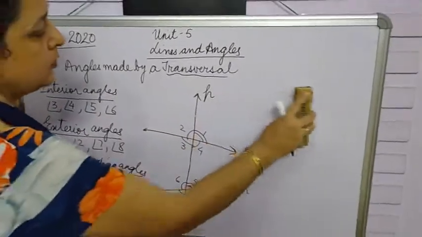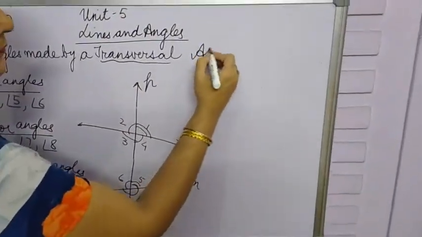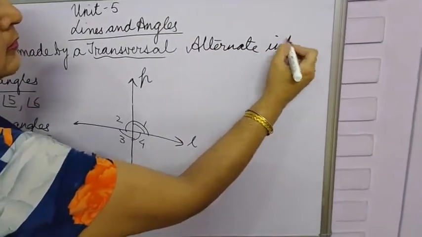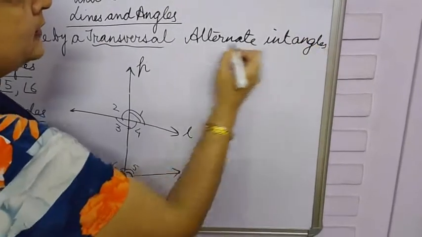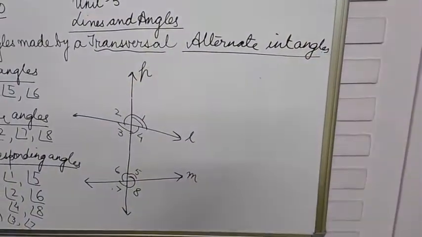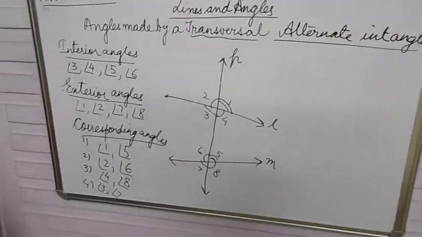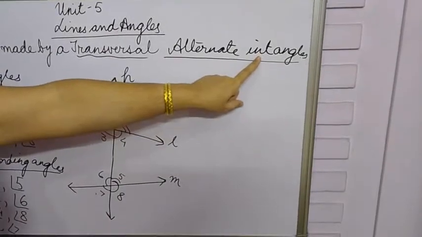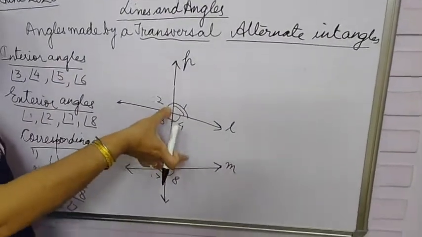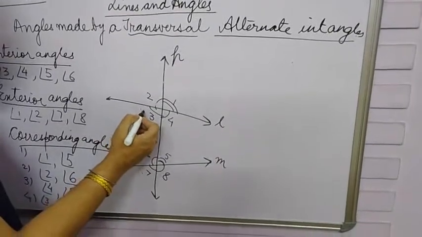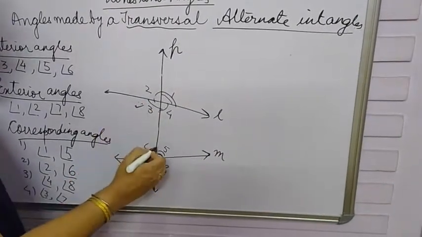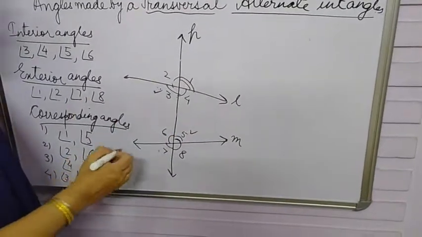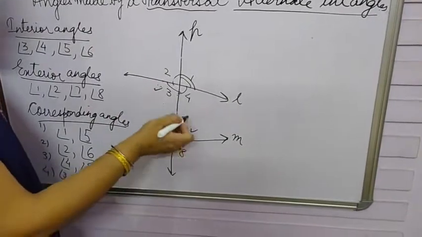Now we have alternate angles, and in alternate we have two types of angles. Let us first study what are alternate interior angles. Now corresponding were same side, same position. Now alternate angles are different side, different position, and moreover we have interior. Interior मतलब अंदर वाले और अलग अलग तरफ वाले. Means if one is towards this side, the other has to be towards right. If one is towards left, the other one is to be towards right. If one is below this line, the other is above this line.